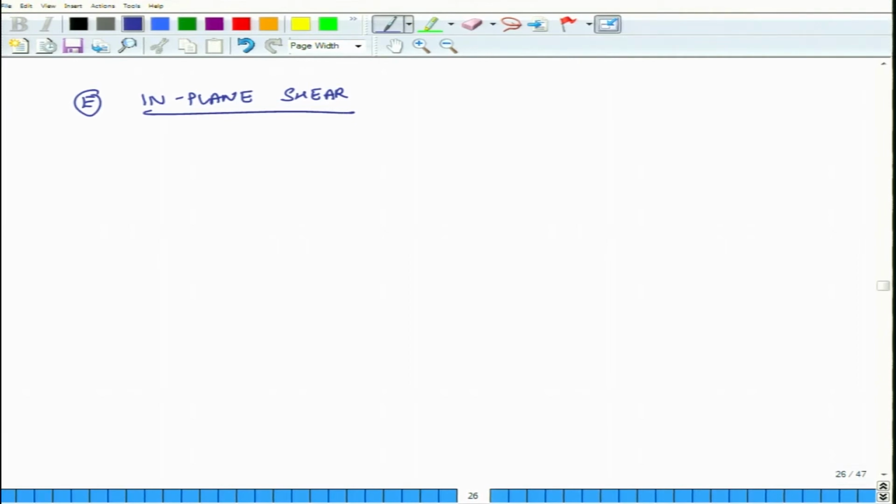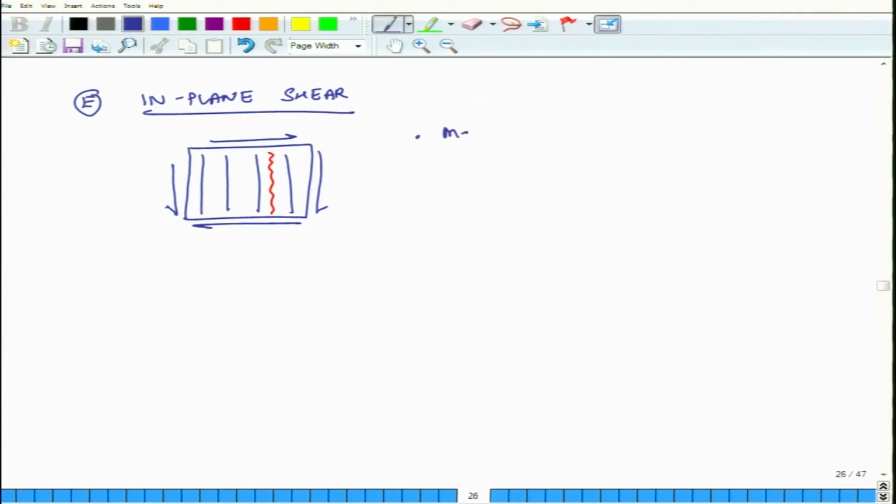Okay, in plane shear. So, you have a situation like this. Let us say my fibers are oriented like this. So, it is subjected to an external shear, and what could happen is it can have a failure along a particular plane. So, typically here the matrix fails